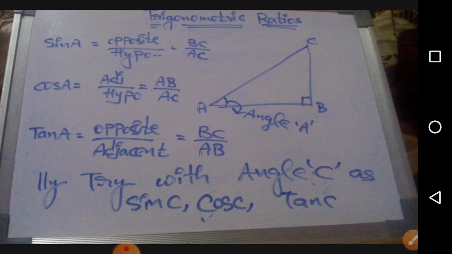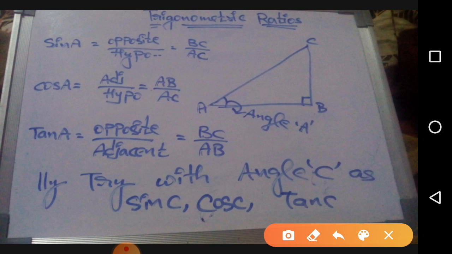Okay, let's move further and go with the names of the sides. Let's say instead of theta we are using A. So sine A, sine B, whatever, sine theta, the property will remain the same, that is opposite by hypotenuse. So what is the opposite of A? That is BC, so we are writing BC, and then the hypotenuse, which is the longest side. Then we have cos theta, which is adjacent by hypotenuse, that is AB by the hypotenuse.